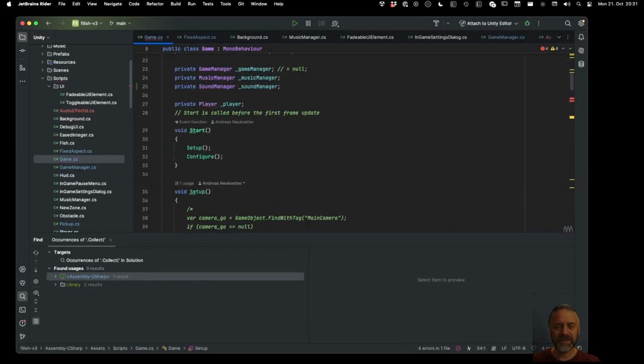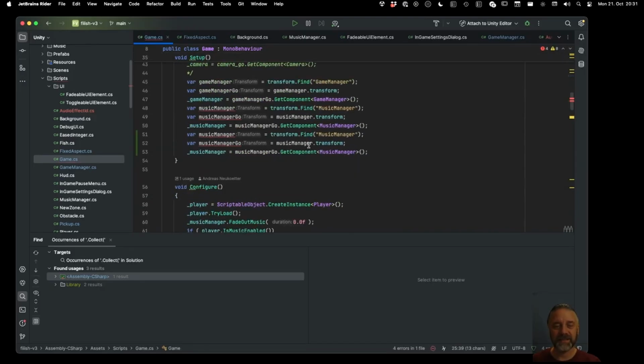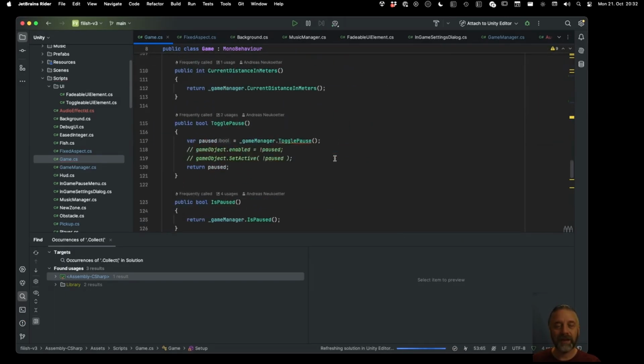Right now we're just mixing stuff like crazy. So this is sound manager without the GO, right? Sound manager, and this is sound manager. So we get it the same, and then we have a